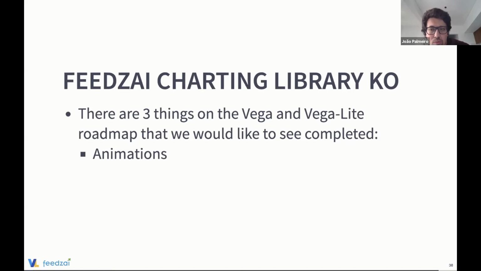We can do some basic things with CSS animations because some specific parts have a specific class by default, or you can specify a name for them, so you can access them easily in your CSS and put some animation for the entry of the plot or that kind of stuff. But it's not the thing that we are really concerned about.